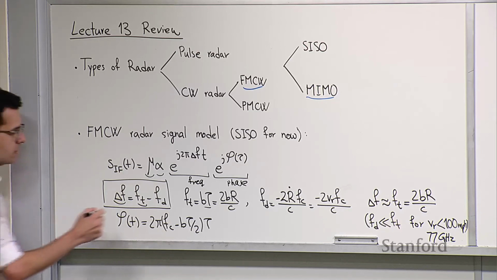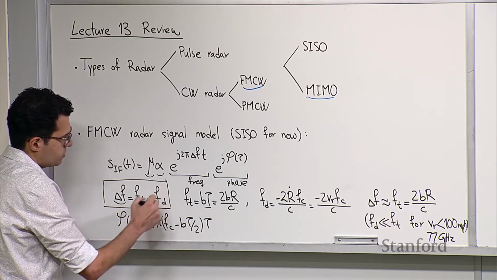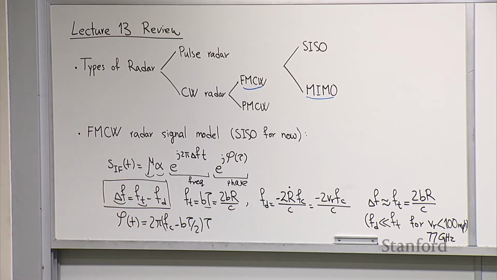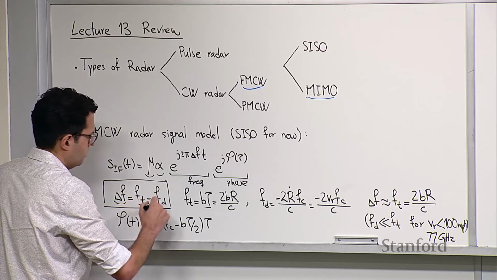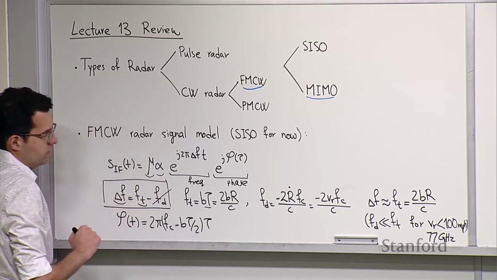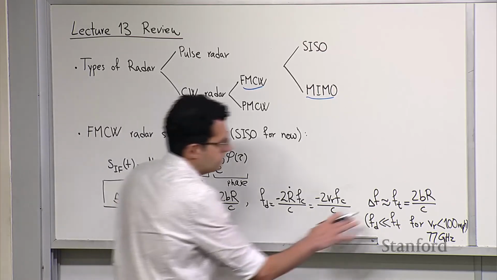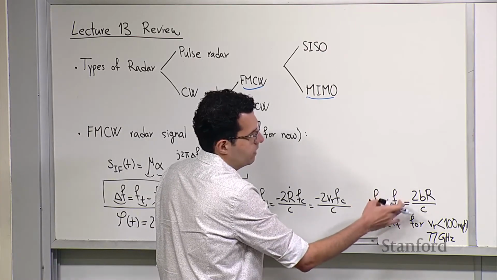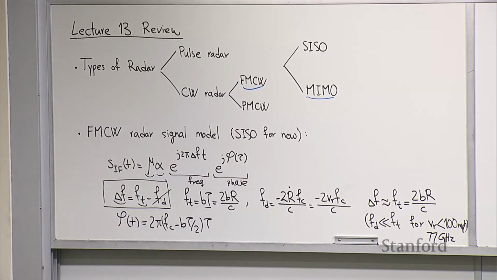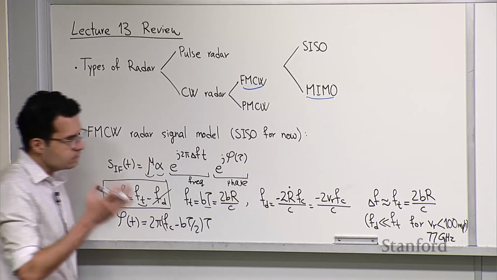Why? Because this Doppler shift term turns out to be much smaller than ft, which is range dependent. For practical purposes, in most robotic applications, you can just ignore this term. Then your delta f becomes equal to ft, which is basically just a function of range. Okay, so we checked with some